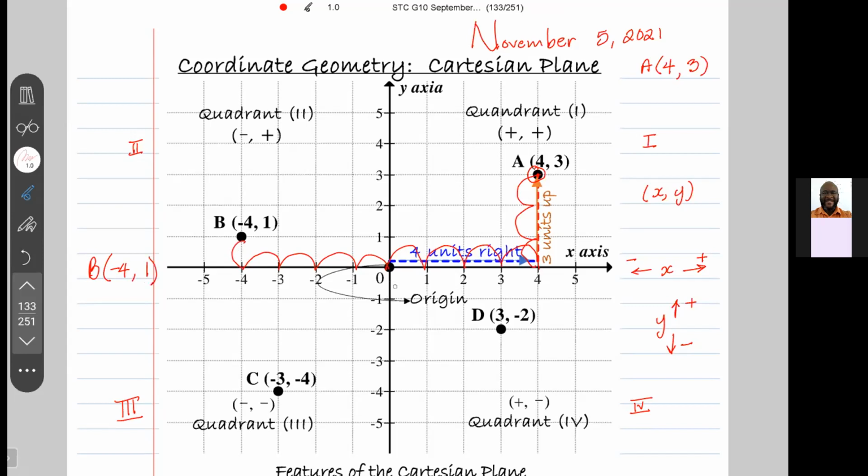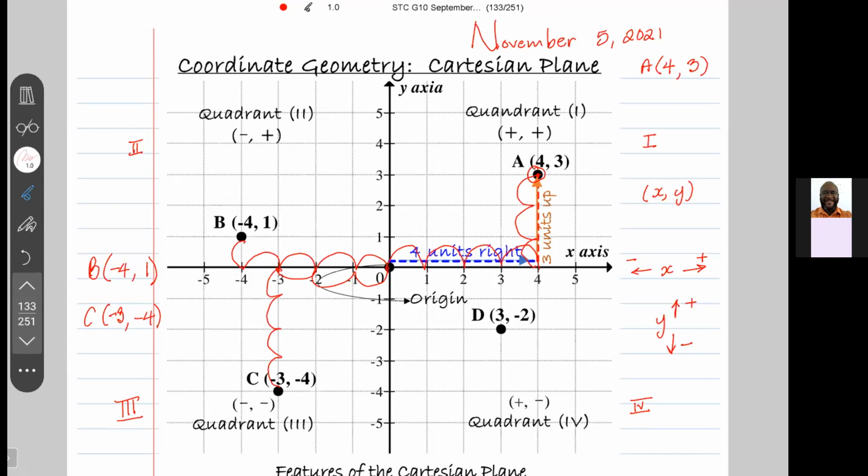C is 1, 2, 3 to the left. So C is -3, and it is what? 1, 2, 3, 4 units down. So that is -4. The -3 is telling me that I went 3 units to the left, and the -4 is telling me that I went what? 4 units down. Now, guys, I'm going to put some points, and I want you to write the points down,